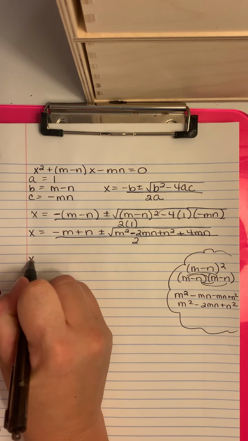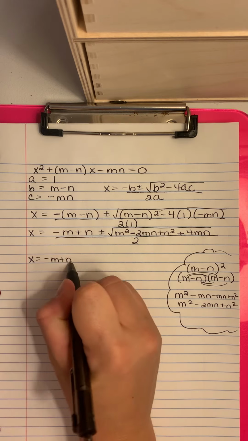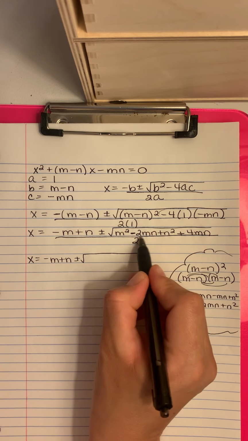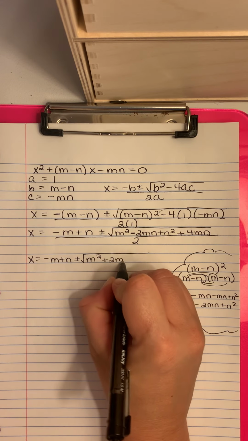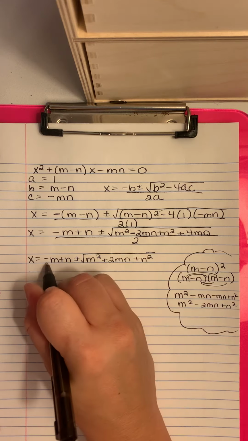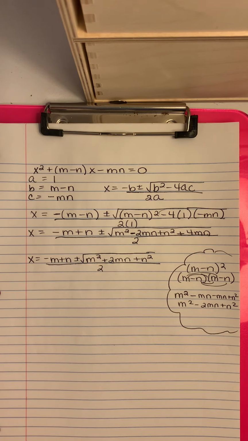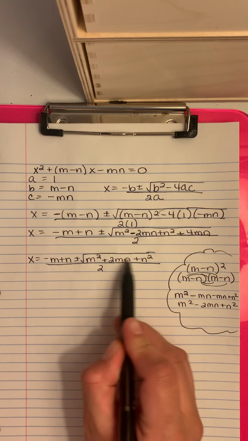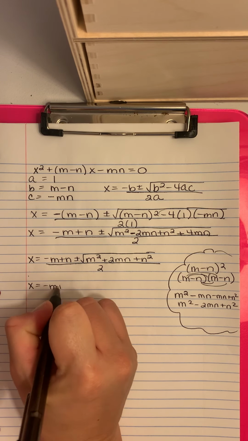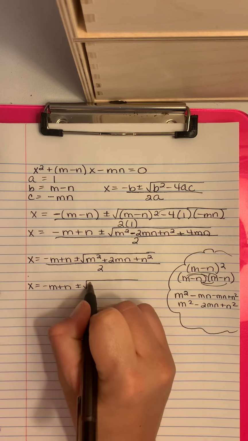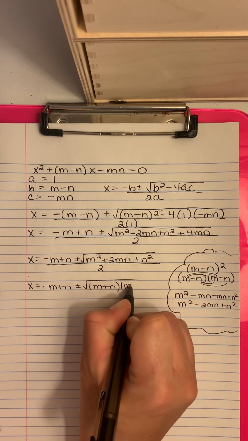So I'm going to continue on down, and this is going to be negative m plus n, plus or minus the square root of. If I look at this, those can combine together, right? So m squared plus 2mn plus n squared all over 2. And maybe you're looking at this and you totally see what's happening right now, or maybe you're not sure. Basically, I'm concerned with the stuff under this radical. And if I look at this, I realize I can factor that. And interestingly enough, when I factor that, it's going to factor into something that looks like this,